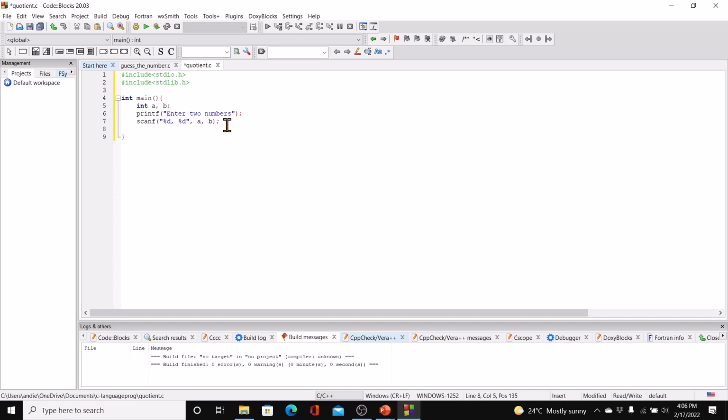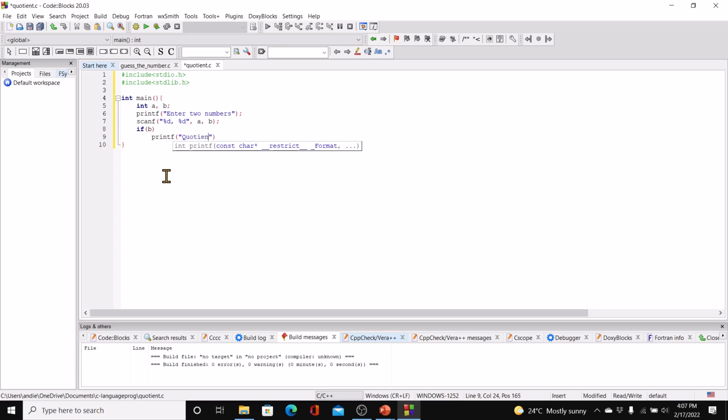Now we've got to check if b is not a 0. So one way to do that is to say if b not equal to 0. But a better way is just to say it like that. And this will be evaluated the same way. Why? Remember the truth table, right? Any non-zero is true. So here we are saying if B is true, which in effect means if B is not equal to 0. So if B not equal to 0, printf